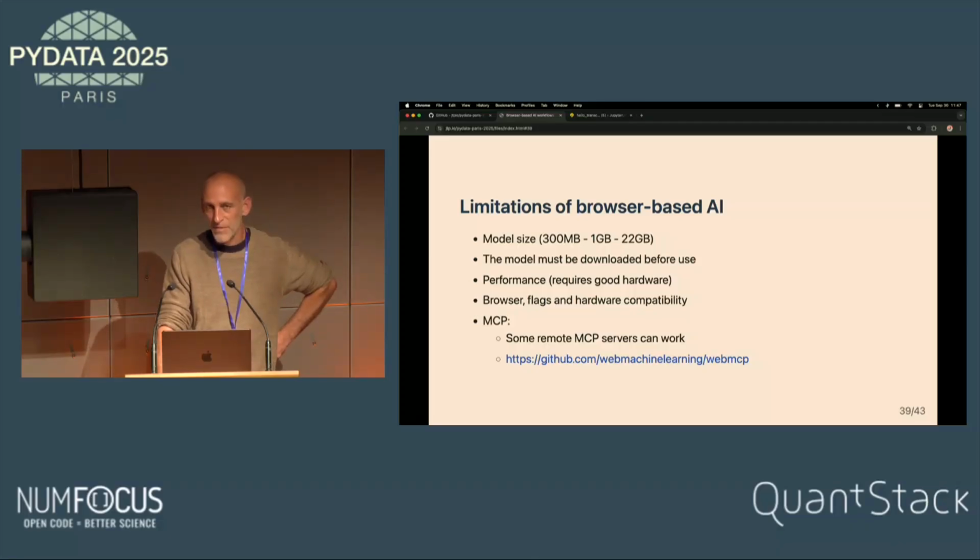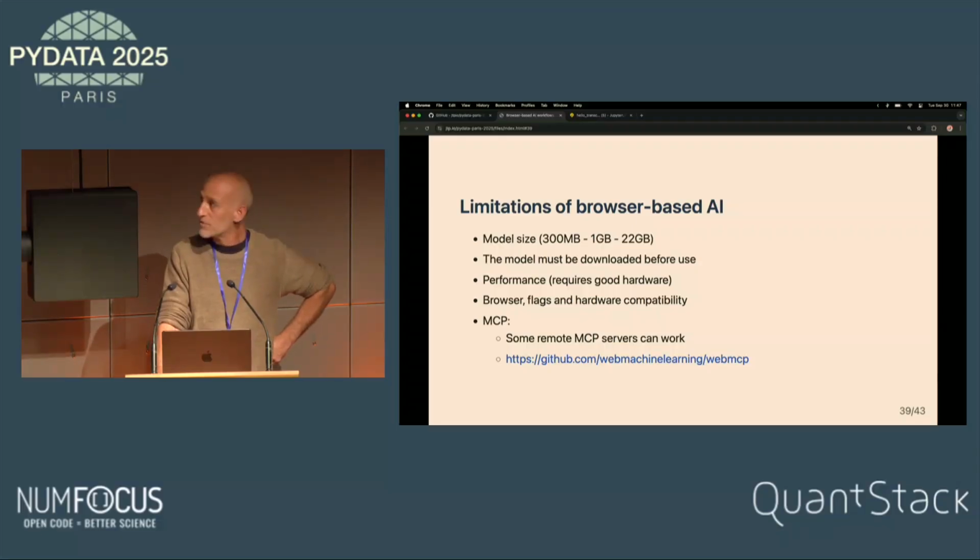But there are some limitations. The first one is the model size that you have to embed. It can go from 200 megabytes to 22 gigabytes for Gemini, I think. And so you need to download the model at least once before using it.